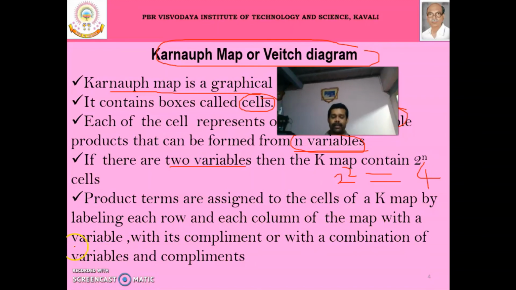So the column and row of a map will have a variable, in its true form or complement form, or a combination of both.